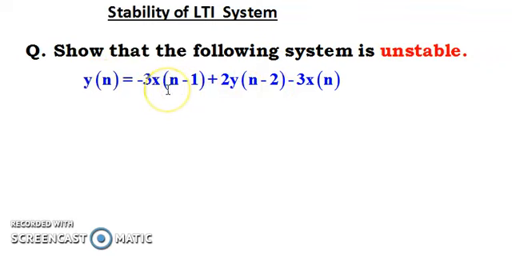If any future term like x[n+2] or x[n+3] were there, then this equation would be a non-causal system. So now when we have to find the stability, we look for finding the impulse response of the system. For finding the impulse response, we know that